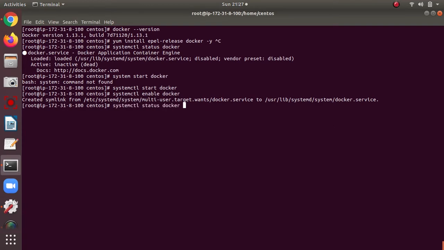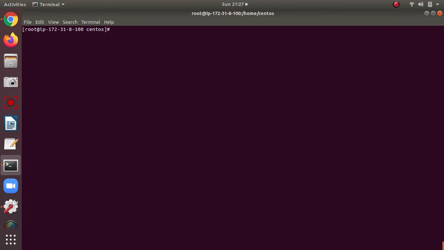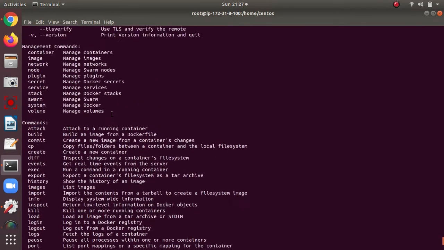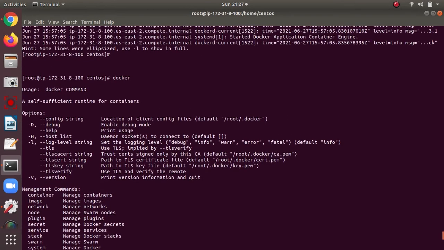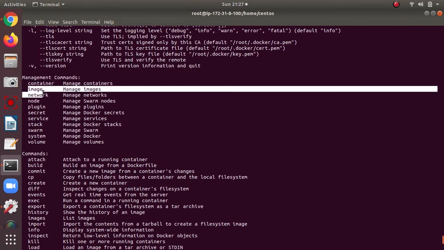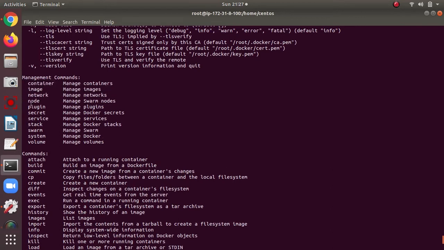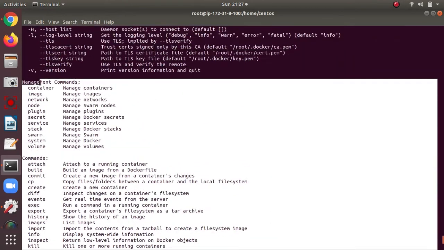When I check the status of Docker again, it is active and enabled. When I type docker and hit enter, you see all the commands related to Docker: container, image, network, node, plugin, secret, services. We are going to see all the stuff which is listed here.